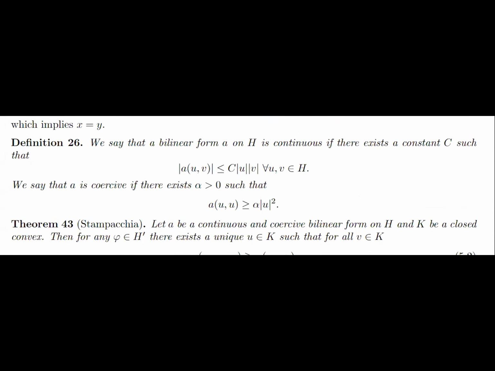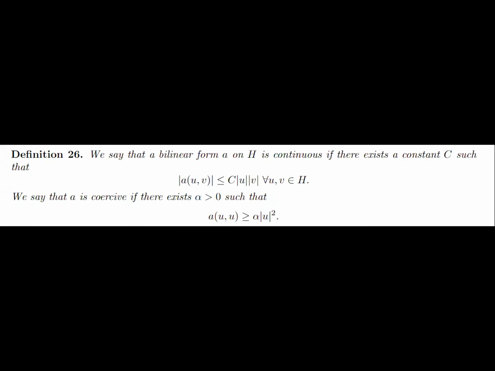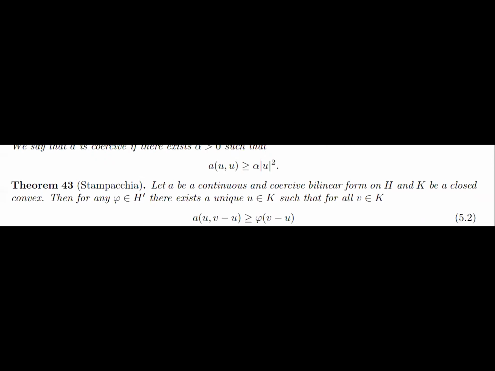So for the Stampacchia theorem, we need to define what is a bilinear form that is continuous and coercive. So continuity is here: you have this inequality for some constant, and the coercivity is given here. Okay, so once you have defined that, the theorem of Stampacchia